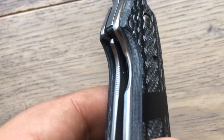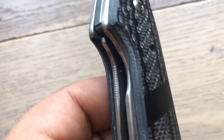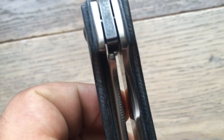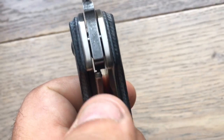Let me see if I can focus. Yeah, you see it. Maybe you see, maybe you don't. But he did put, yeah, you see it here, a steel insert, which is the lock side here. You can tell here, the lock side is the steel insert that is in an upper position